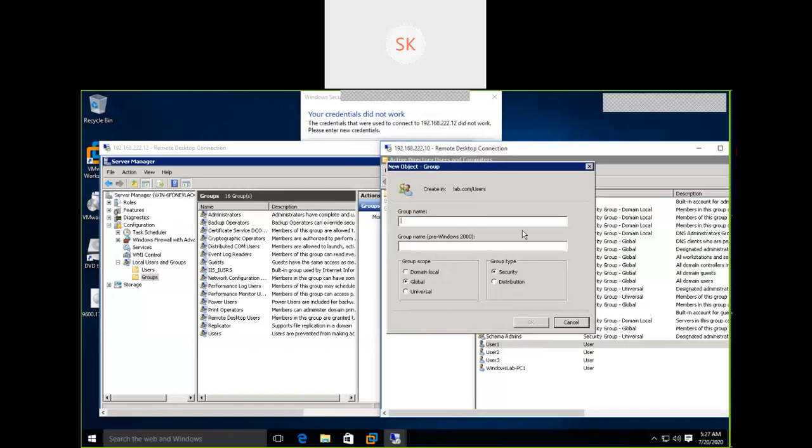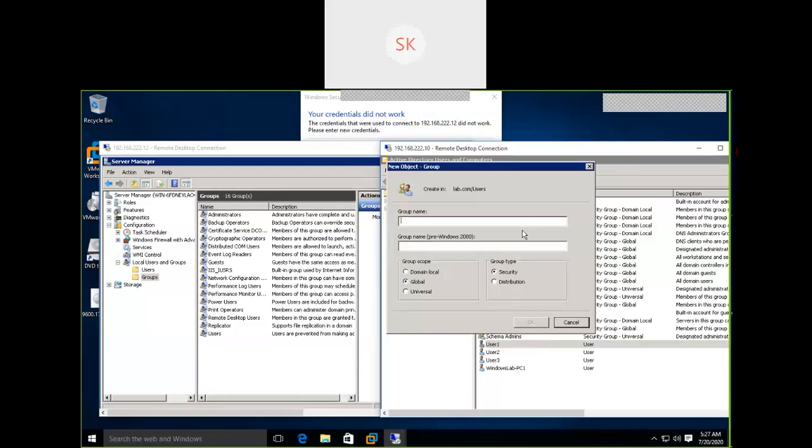If you want a distribution list, like a mail SMTP server or Exchange server, then I need to select distribution. If you create a distribution group, I'm not in a position to provide privileges on that group. That group's purpose is different: to send mail communication to a set of users.